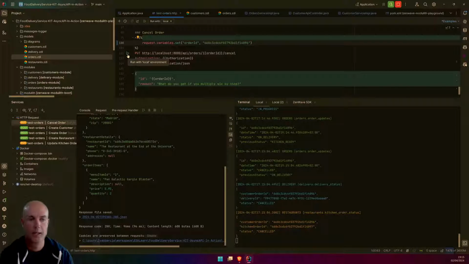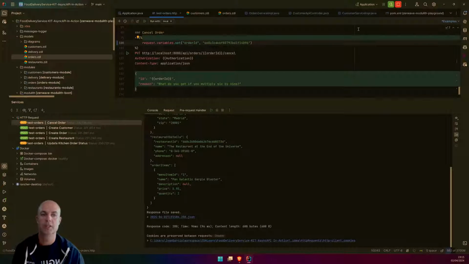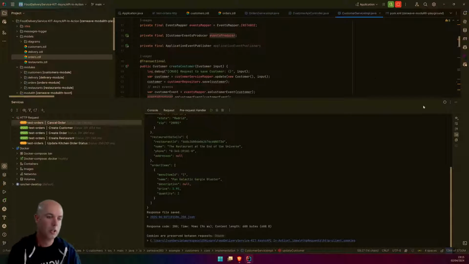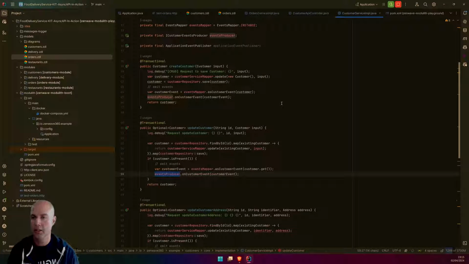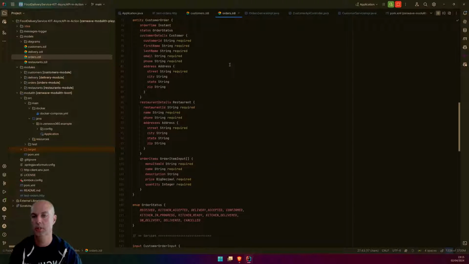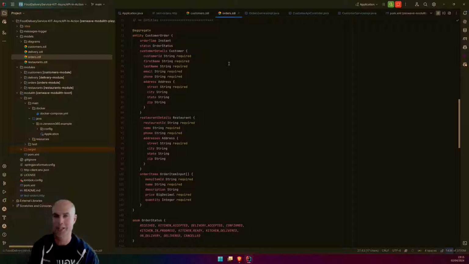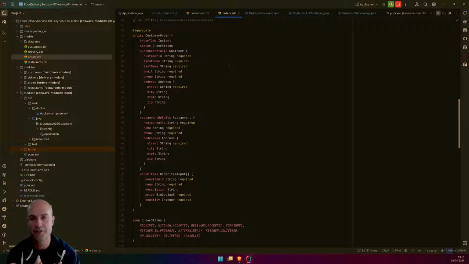So let me show you about this implementation, because once we generate the code, well, first, again, the idea is to model this using DDD and event storming techniques, bring as many people as possible to this file, because you will get very early feedback and it will surprise you.